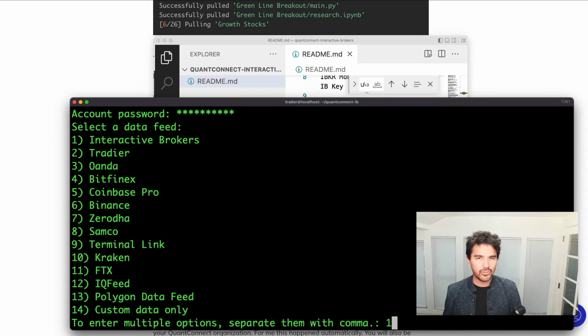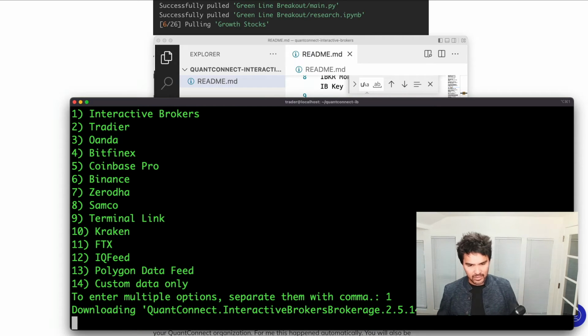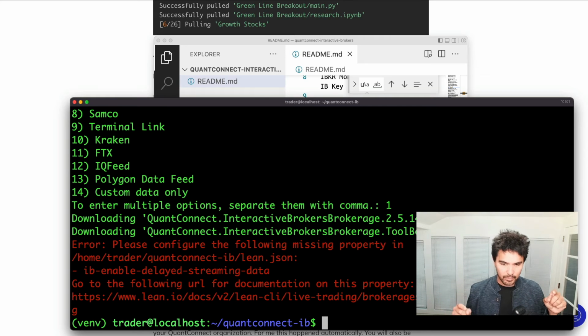You need that equity and streaming bundle. And then the $10 a month one is refunded if you have a certain amount of commissions each month. I think it's like $30. And so I'm going to choose Interactive Brokers right here and see, will this download and trade my Interactive Brokers